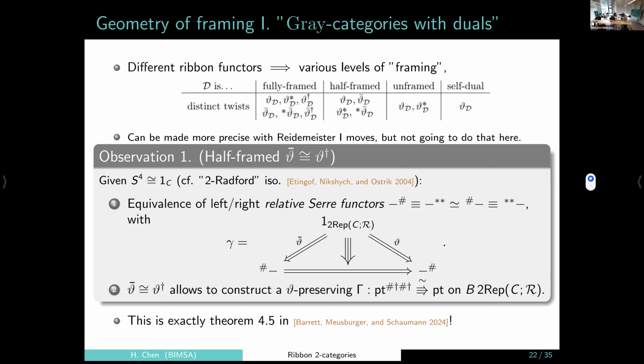On my Hopf category, in which case you're able to write down, at the level of the modules, the equivalence of left and right relative self filters. So once you have that, then you're able to write down this. You're able to introduce a modification which fills in that reset over there. Once you're able to do that, and then you impose this condition, which really comes from geometry, then you're able to construct a ribbon preserving